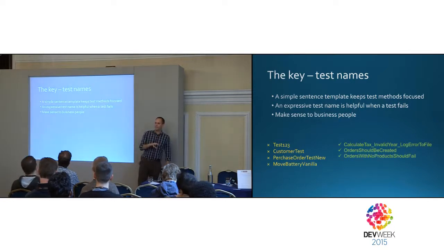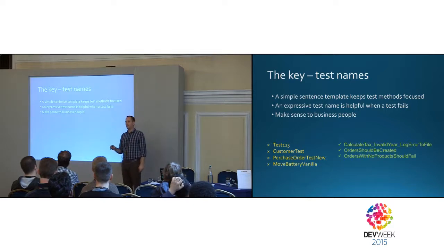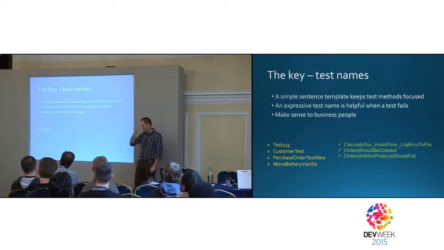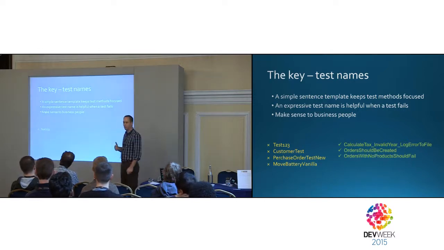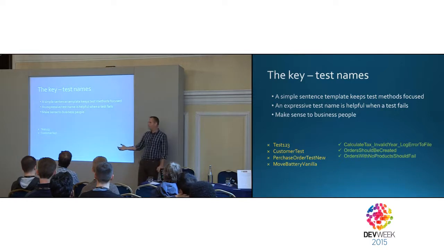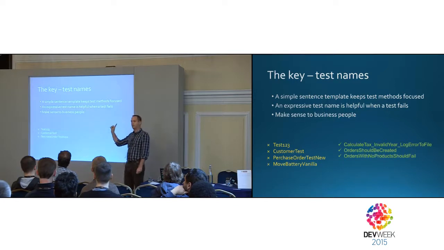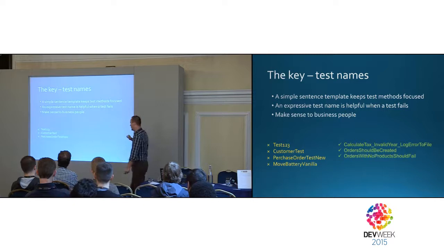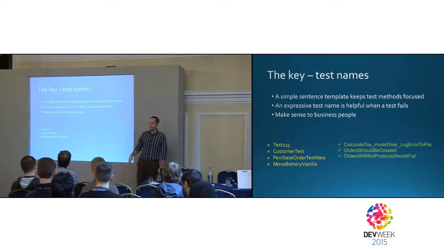In my examples of bad tests, the number one thing I notice is that they don't have a good name. The name will be customer test, for example, or test 1, 2, 3. Well, obviously nobody will call it test 1, 2, 3, but someone will call it customer test 2 because I had customer test 1 and this is customer test 2. I changed them a bit, but I saw those names. Or this one, purchase order test new, because there was purchase order test old. This is the new one. Purchase order does quite a lot of things. How can you write it in one single test?